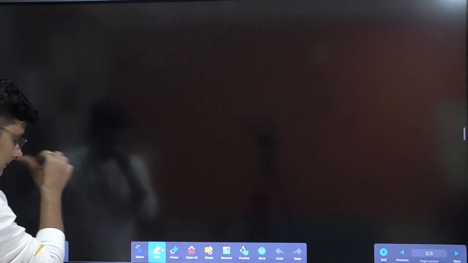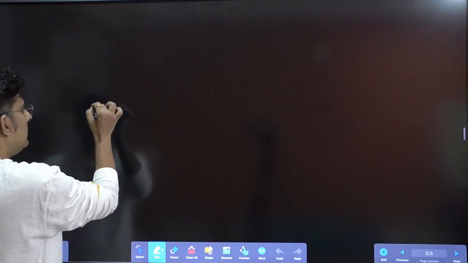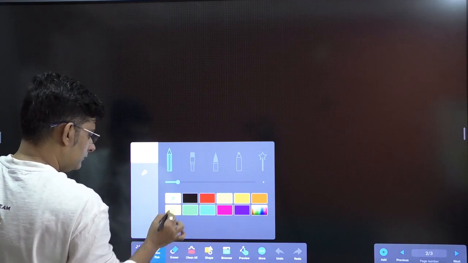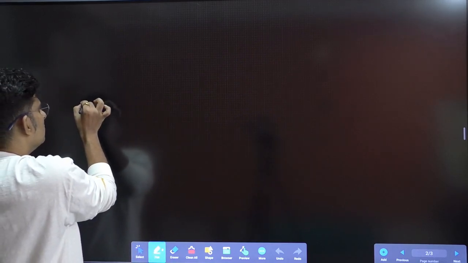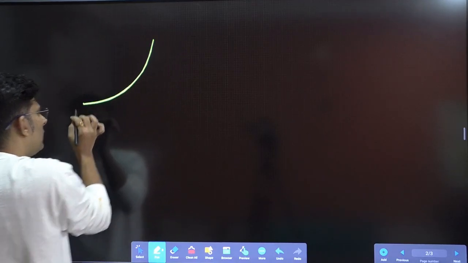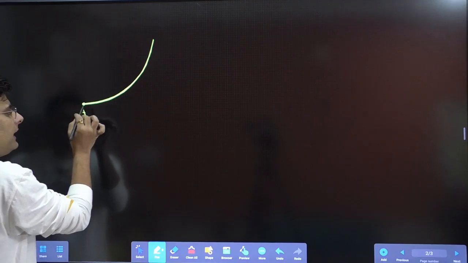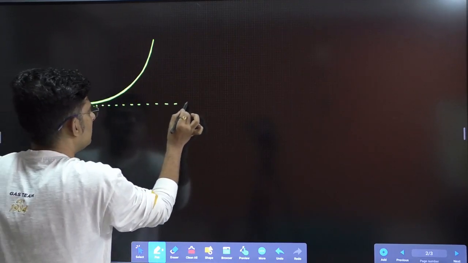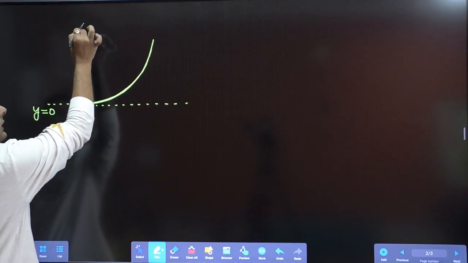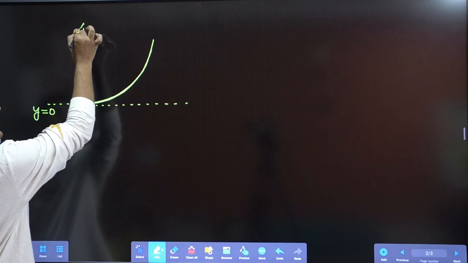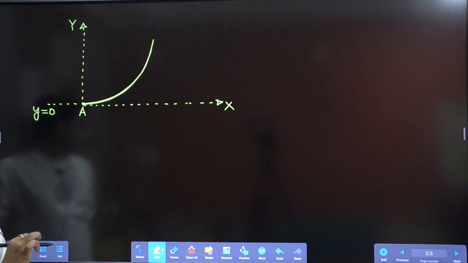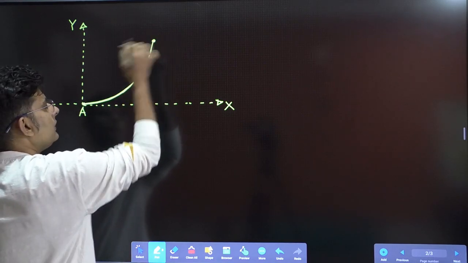So what we can do is, since tension will vary from point to point, we can redraw the rope. Now at the point A, this horizontal line, let's take it as y equals to 0. Vertically we are taking the y axis, horizontally we are taking the x axis. This point B we just saw,